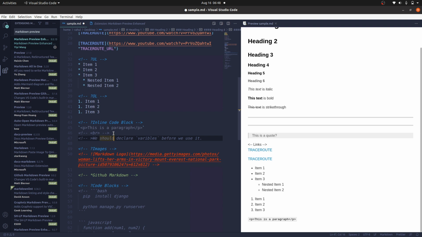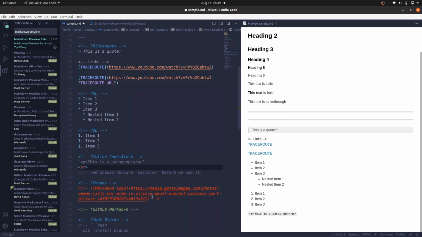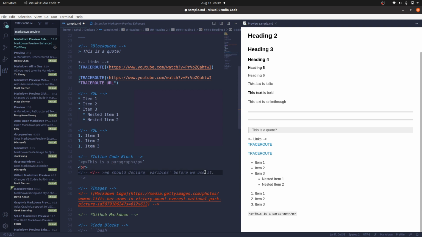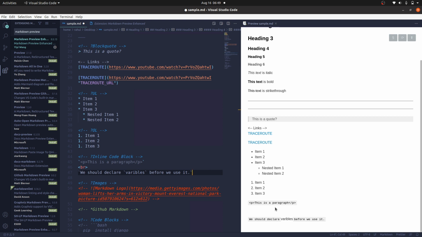Now you can use a break tag of HTML, as it is the same as in a markdown file. Now it is another inline block code where the variable is in the block code.